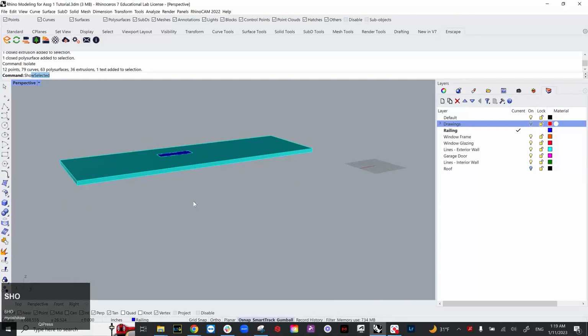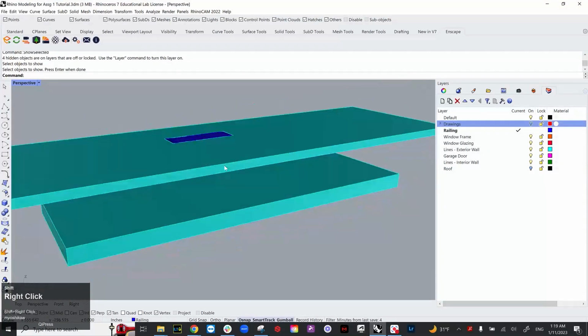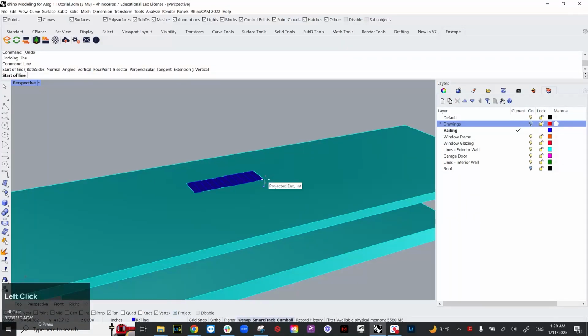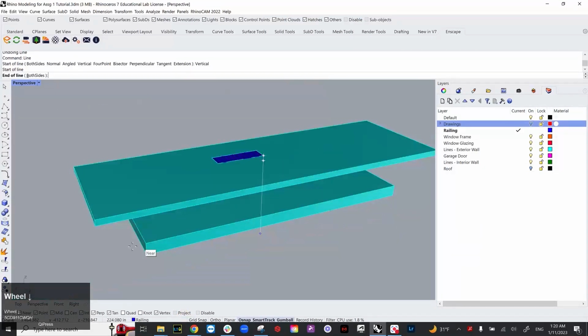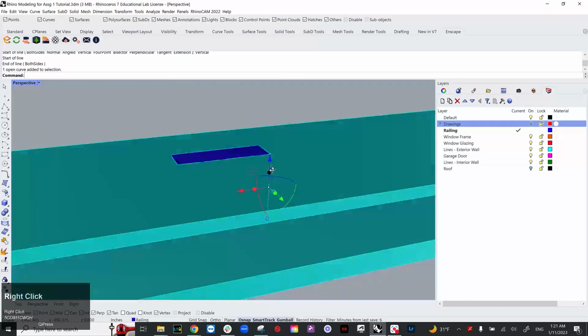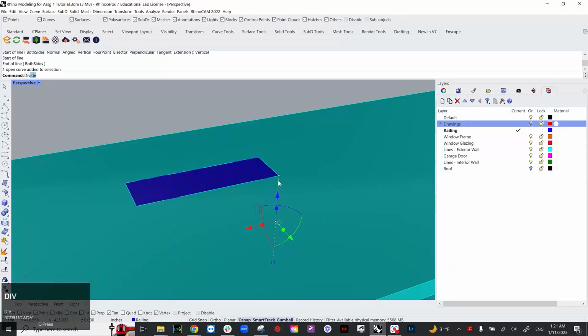Now I'm going to just select all of this, and then this floor I'm going to isolate, and I'm gonna do show selected over here, and bring the lower floor plan as well. So what we have to do is draw a line over here, left click on the vertical, and start from this point to on this surface. So we have this one vertical line over here, and then I'm going to divide this by 12 this time,